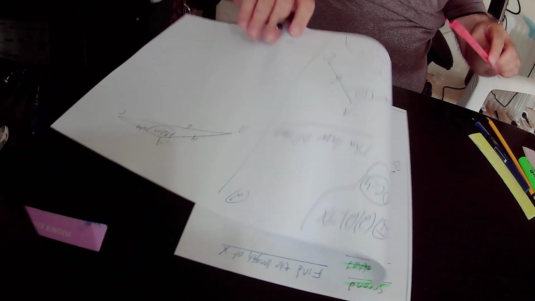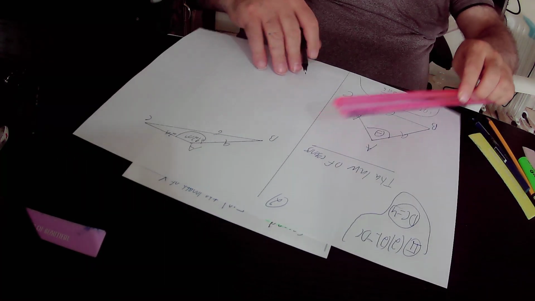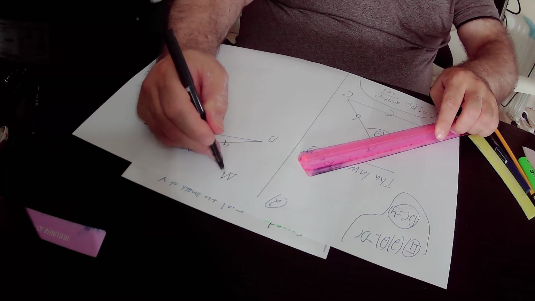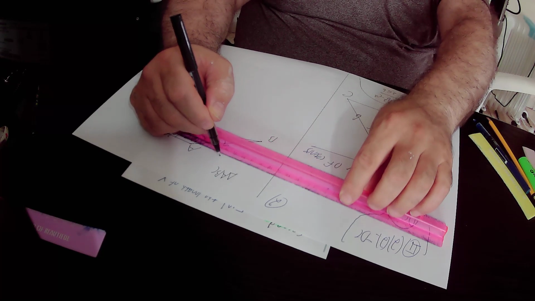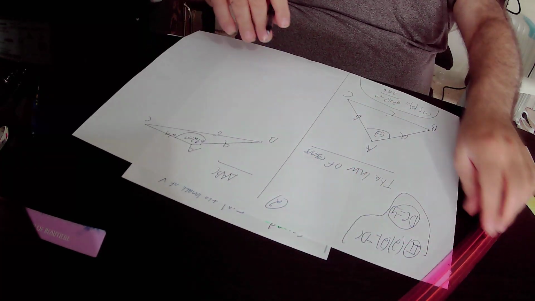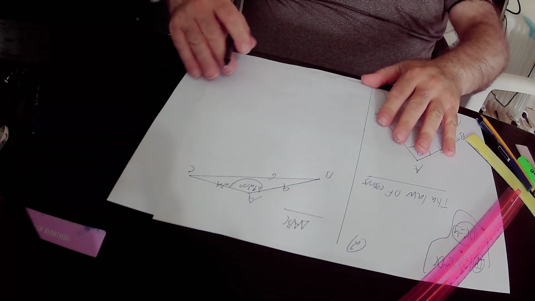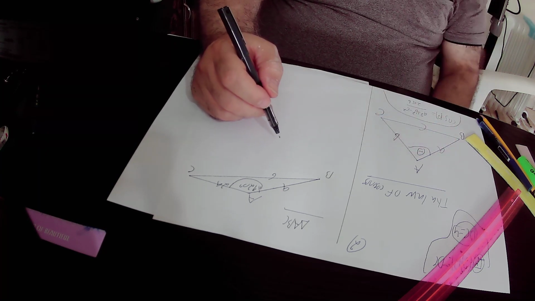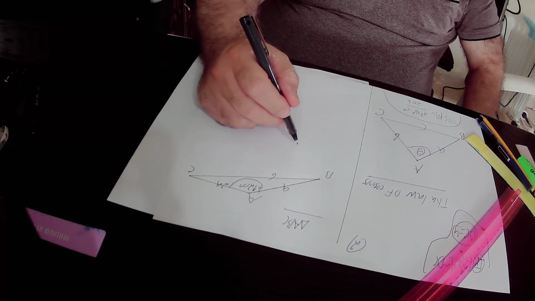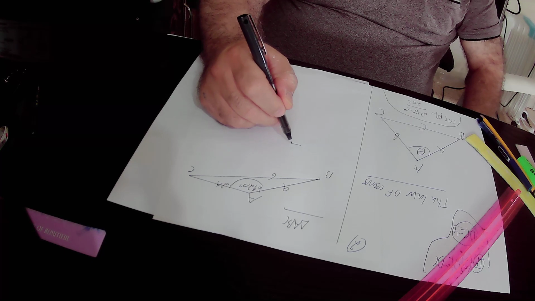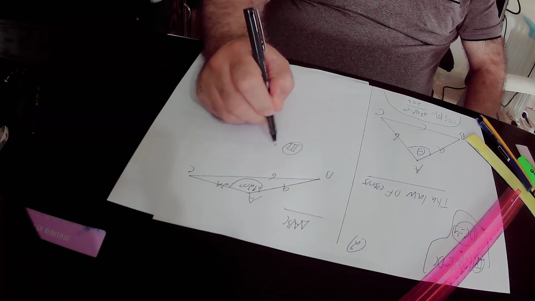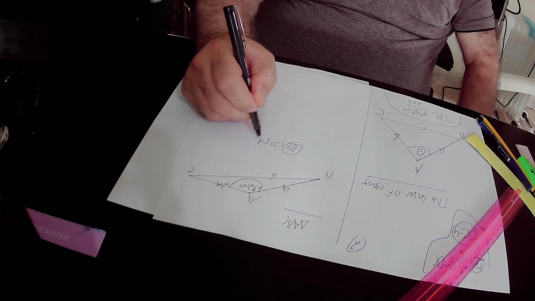So this is triangle ABC. Here the implementation of the law of cosines in this triangle ABC is, this will be equation number 3, cosine 120 degrees